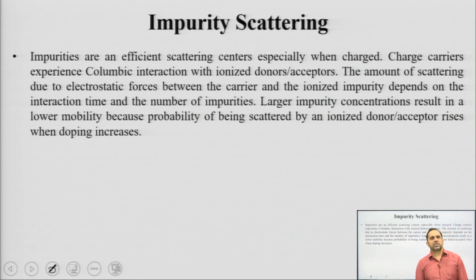Okay. So, the amount of scattering is due to this electrostatic force between the charge carriers, electrons or holes, and the ionized impurities. In an n type semiconductor, you have a large number of negative electrons and you have positive donor ions. So, they have an electrostatic attraction. Same for a p type semiconductor, you have a lot of positive holes, but a lot of negative acceptor ions. So, there is a lot of electrostatic force. This kind of electrostatic interaction produces scattering of charge carriers. If you have a lot of impurity, a lot of dopant atoms, this scattering is going to increase.